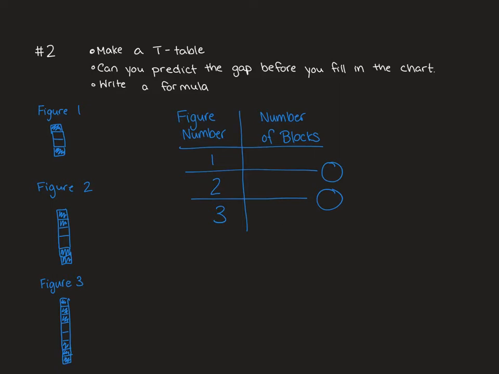So this doesn't say shaded or unshaded, it's just the total, so we're putting all of them. So if you look at figure 1, we've got 1, 2, 3, 4 blocks. And if we look at figure 2, 1, 2, 3, 4, 5, 6. And figure 3 has 1, 2, 3, 4, 5, 6, 7, 8. So